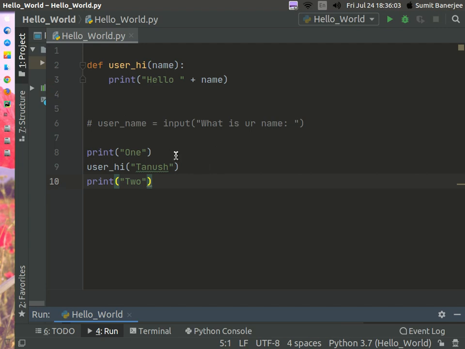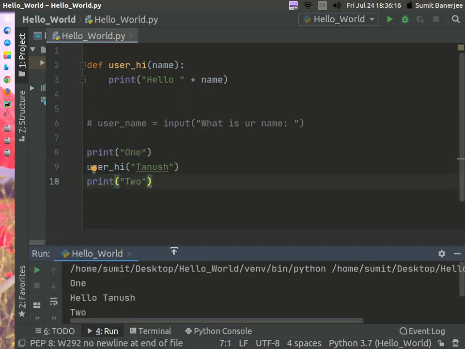So what Python is doing is, after assigning some space for this function, it runs this code and prints 1 in the console. Then when it sees that we are calling the function, it again goes back to the function and executes it, and then comes down and executes the code after the calling of the function, and then the process ends.